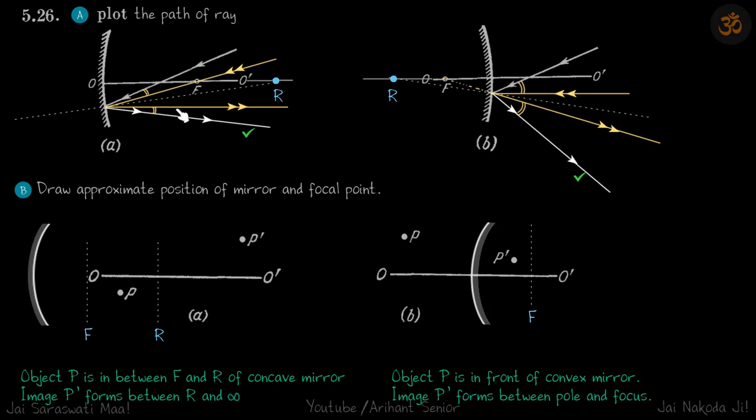Now we know that if we bisect this angle, that will pass through the center of curvature, because focus is at R/2. So if this dashed line is the line passing through the center of curvature, the ray which we are supposed to draw should be making equal angles with the dashed line, or equal angles with the yellow line. Whatever this angle is, we'll draw the same angle here, and that will be our final ray.